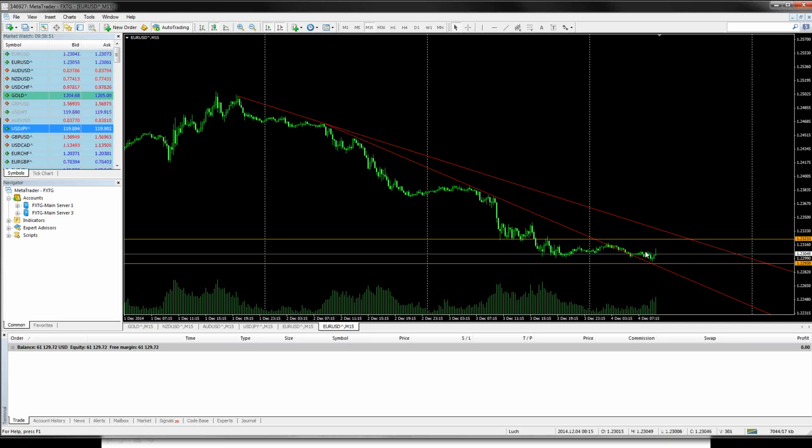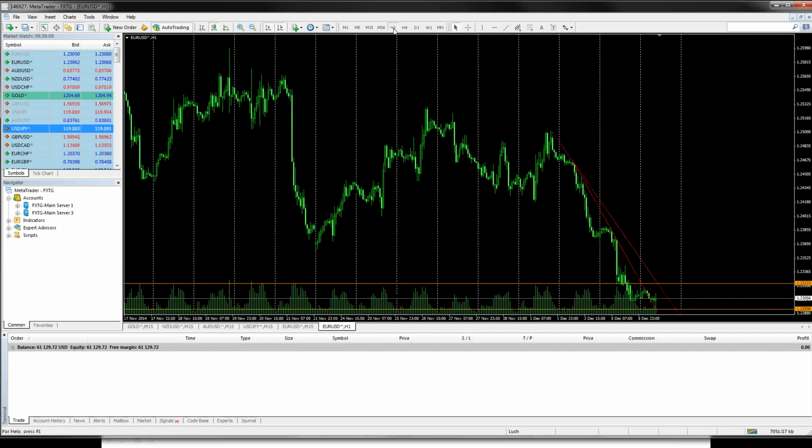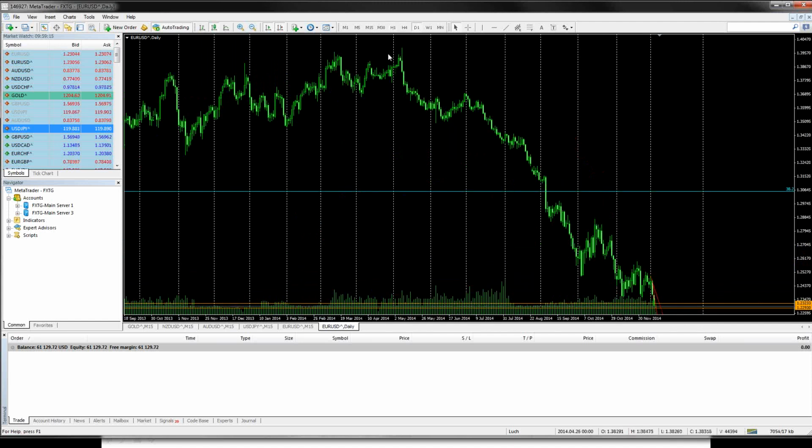Okay, so I would not do anything in here to buy, because number one, on the 15 minutes, it's still telling me it's a downtrend because it hasn't crossed over this line. The market seems to be going sideways for quite a while now. Now, if I want to confirm, on the 1 hour, it's down. On the daily, it's definitely down. So the only position I'll be prepared to take is sell.